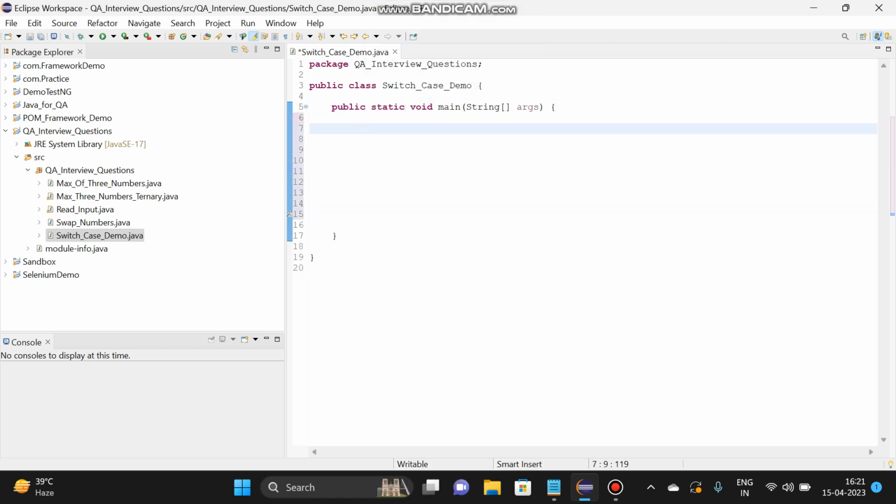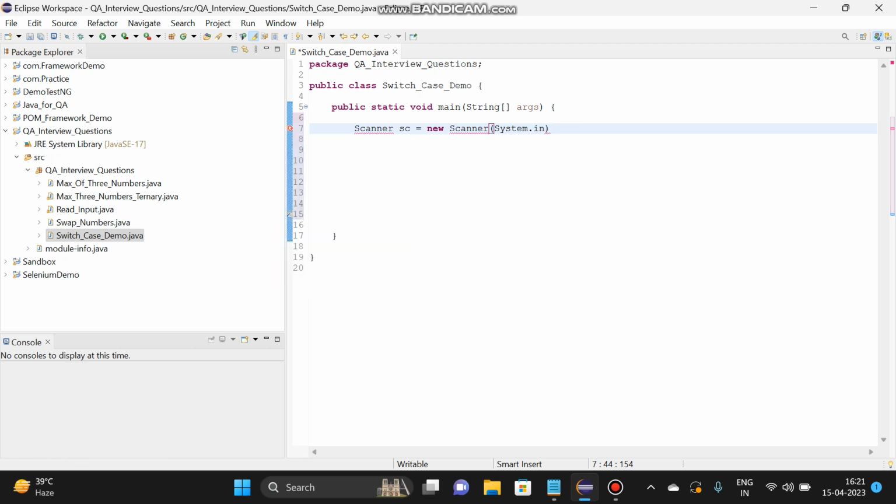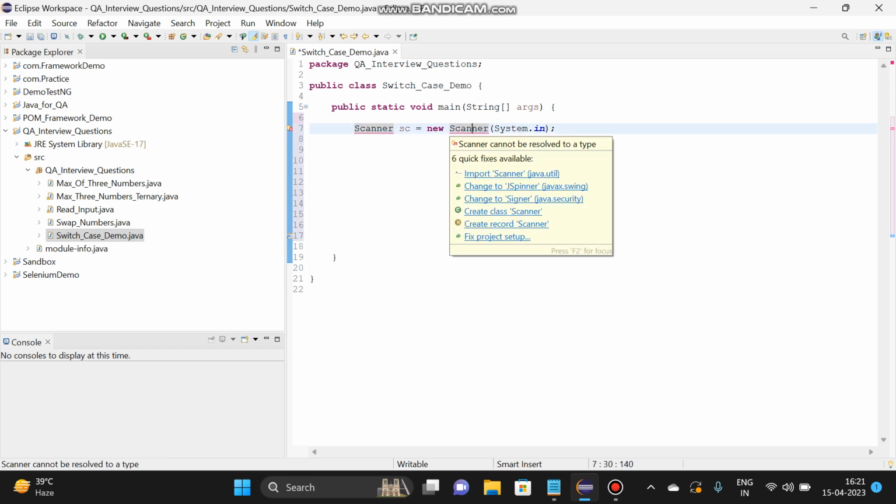So for that, let's define Scanner sc equals new Scanner(System.in). Okay, just import it,